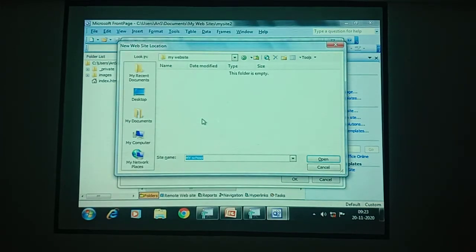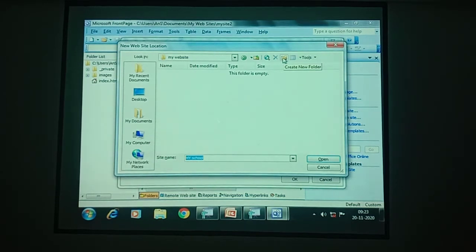Again I am repeating the steps. Click the Microsoft FrontPage, click new from the file menu, again click that one page website and again click that one page website, click browse. After clicking browse, you will get this dialog box. After getting this dialog box, click create new folder.